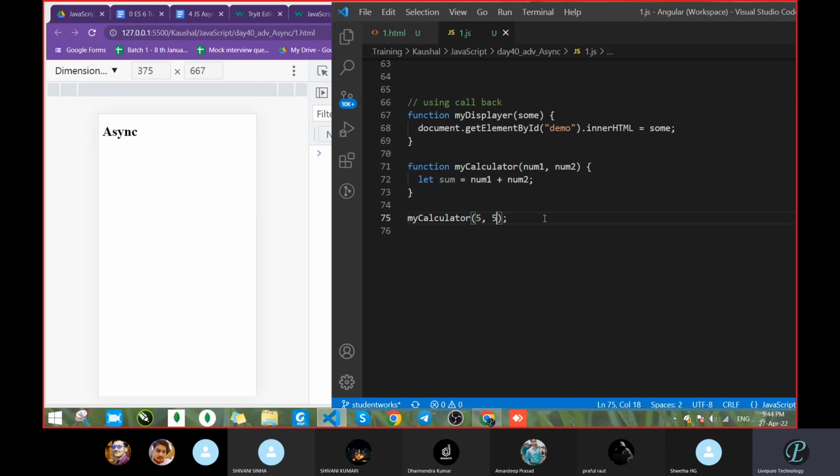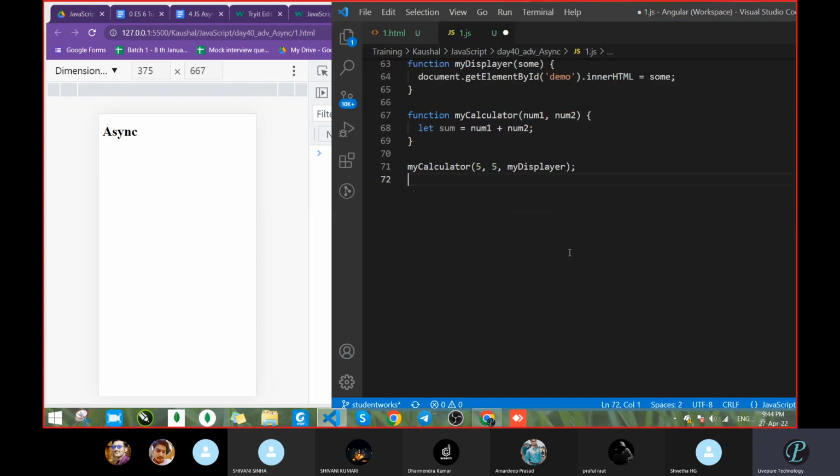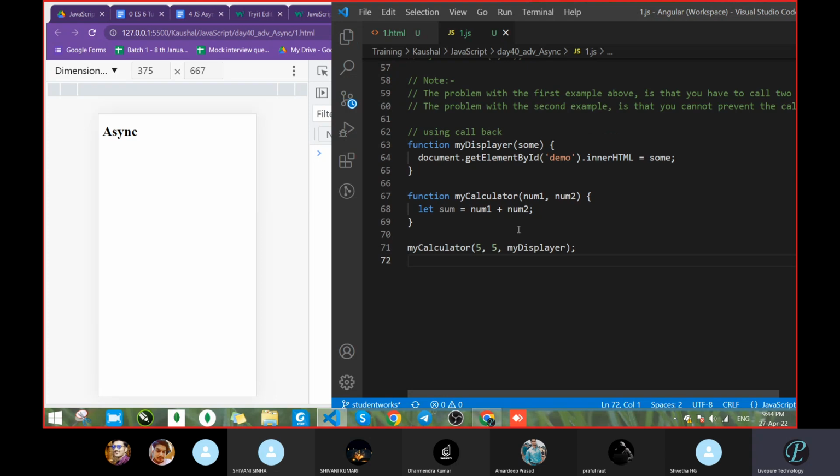Callback means we pass the function as an argument. Which is the function? My displayer is the function. When passing a callback, no need to pass the function keyword. You write just the function name, my displayer, with no parentheses and no arguments. Let's save. You don't get output.